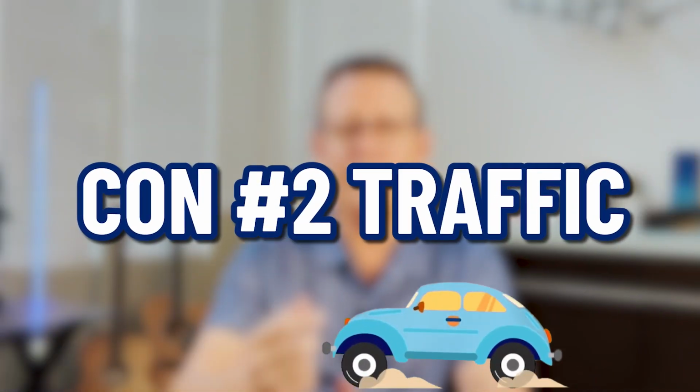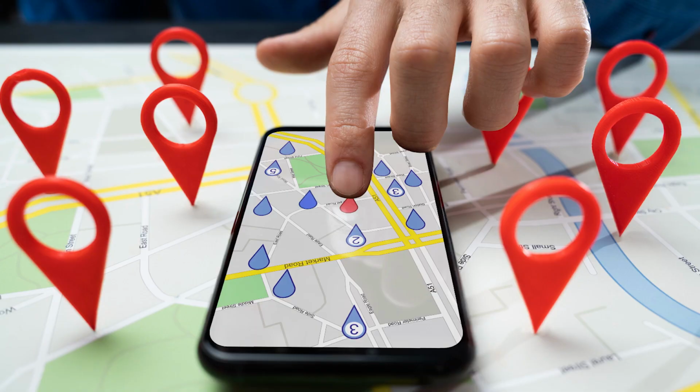Con number 2 of living in Kapolei, traffic. To go from Kapolei to Honolulu can be about an hour to 1.5 hours in the morning or afternoon rush hour, which of course can be more or less depending on factors like accidents, heavy rains, or whatever. And yes, heavy rain can be a big deal since it doesn't happen that often on this side, so the roads can be slick. And the commute to military bases is about a 30 to 40 minute drive in any direction,